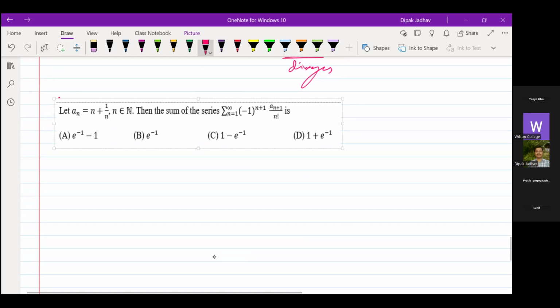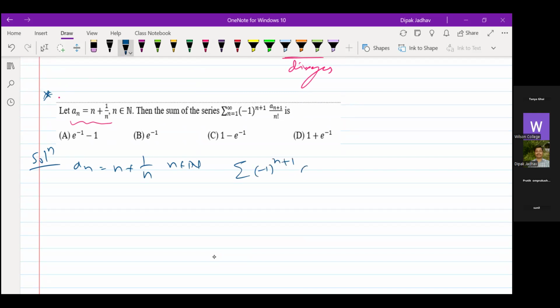A sequence is given, an equals n plus 1 upon n for all n belongs to N. We wanted to know that summation of minus 1 raised to n plus 1 an plus 1 by n factorial is equal to one of the four options. So that means the series is convergent. The series is convergent. So let's compute